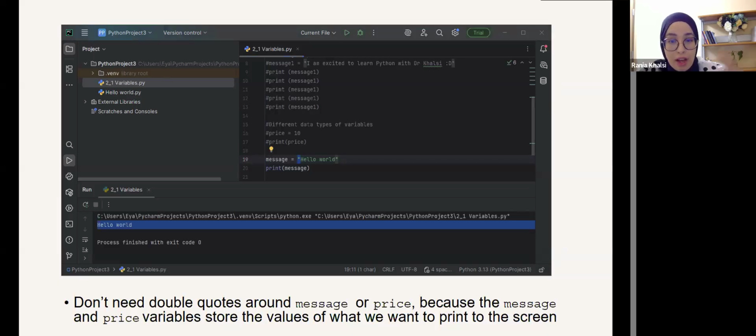And here, as I'm mentioning, the double quotes create a string variable. Again, we didn't need to specify anything or any type, okay? Also, for both message and price, you don't need to write double quotes around them within the print function,